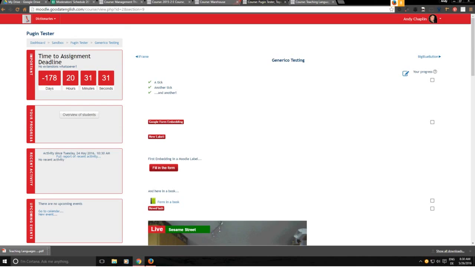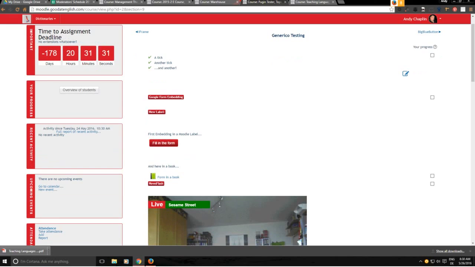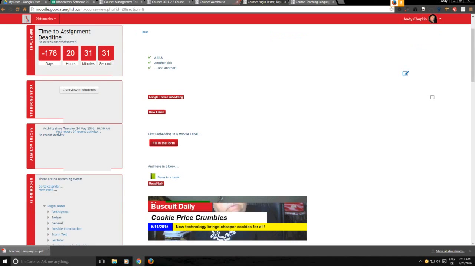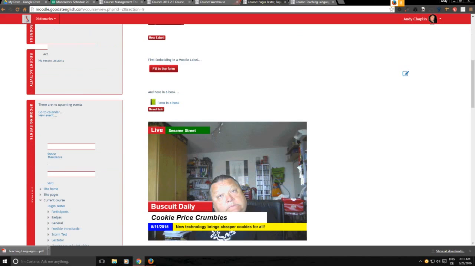tools when it comes to Moodle is the Generico plugin, created by Justin Hunt, who's also known as Poodle Guy, the man behind Poodll, which is the audio and video plugin, which as a language teacher you can't do without. But he also created Generico, which is a great way. It's a Swiss Army knife for layouts, and you can create things like this